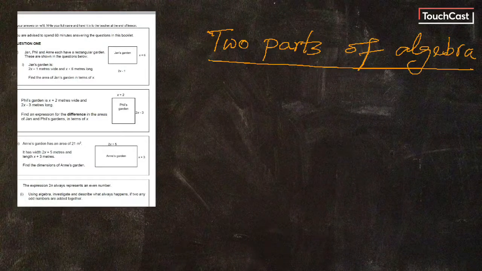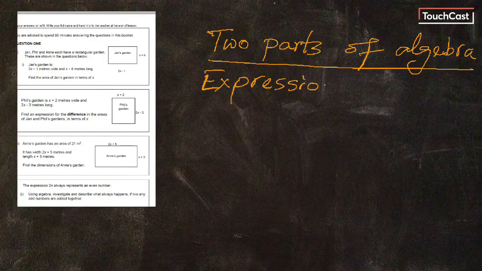First of all, let me talk about two parts of algebra: expressions, like the one we see over here. That's a problem on expressions. That means if we write the area,